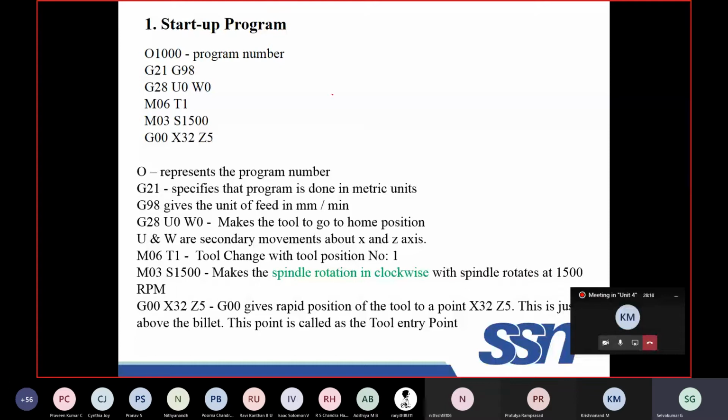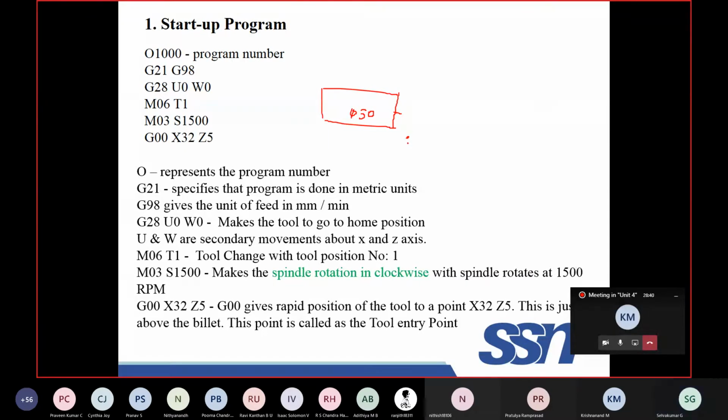Supposing this is my job, let us say the diameter of the job is 30, and this center point will be the origin. In that case, 32 means something away from it, this will be 0, and Z value 5 means it will be here.